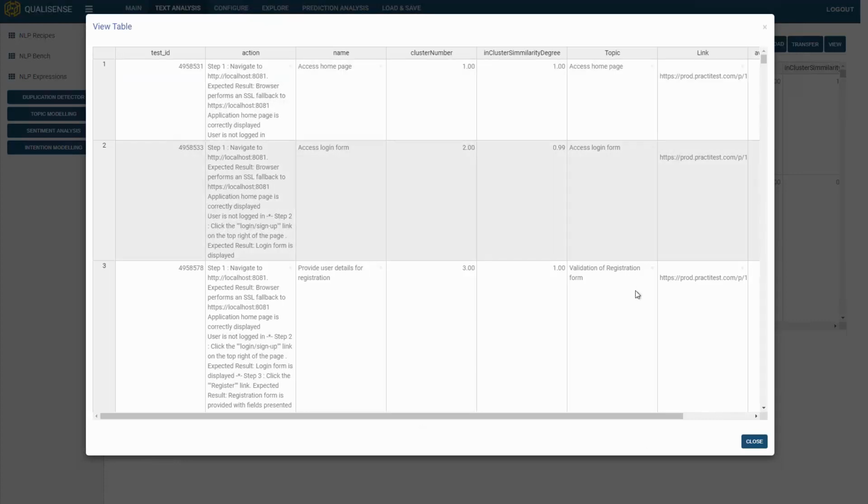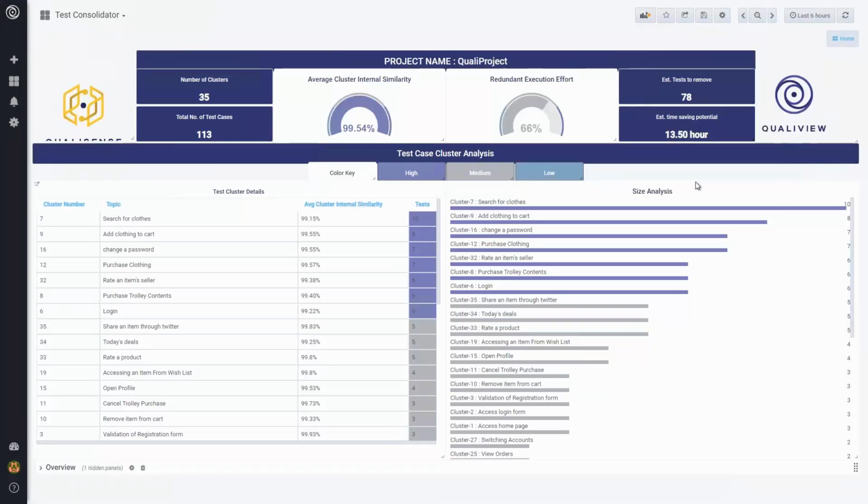Now, obviously, in this single grid view, that's not too helpful, but if we output that to a presentation tool, something like a QualiView dashboard, we start to see the following. All right, so what we've got here is our test consolidated dashboard. And what's happened here is all of that output information has been put into a single test manager's cockpit view of what is going on with my test pack.